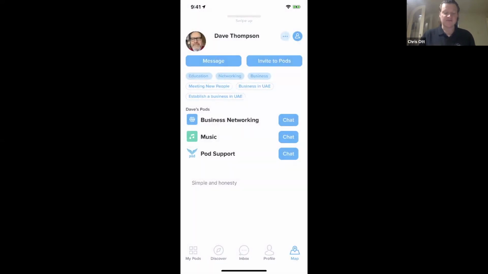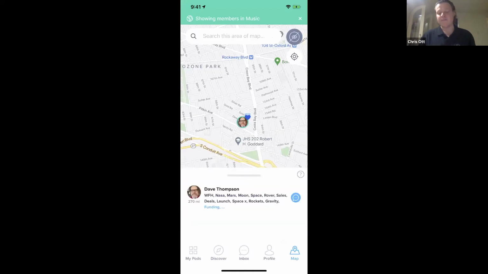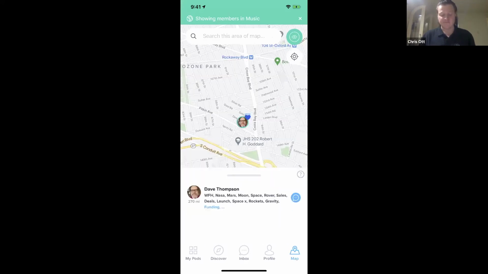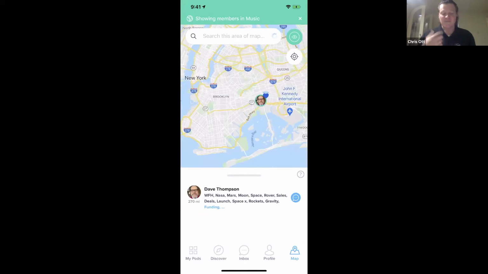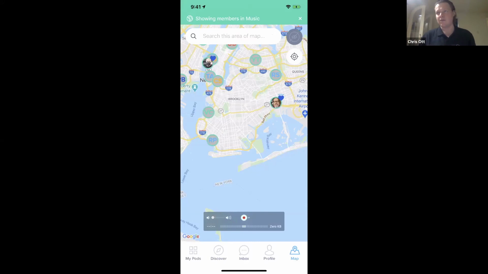So you can see we've kept this functionality really simple and easy to use. As far as where you appear on the map, you can choose to set your location live, and that might make sense, let's say, for real life networking at a convention. After all, this event might have been taking place at a real location. So hopefully at some point, if we can get to a post-COVID world, being able to zoom in, and actually Google has made, we're powered by Google Maps, you'd be able to see different floors that people are on. So I could share my live location, and these people actually are sharing their live location because they've got the green rings on. Or I can just go to a general profile location.